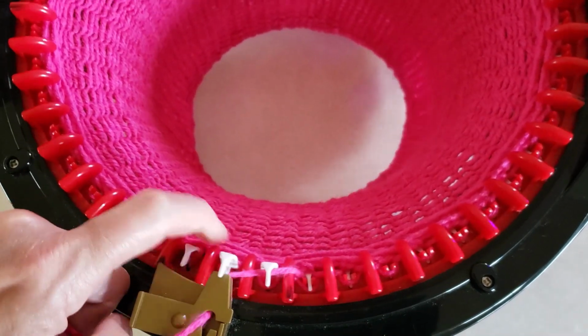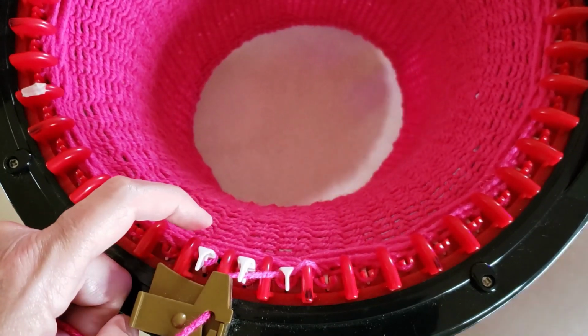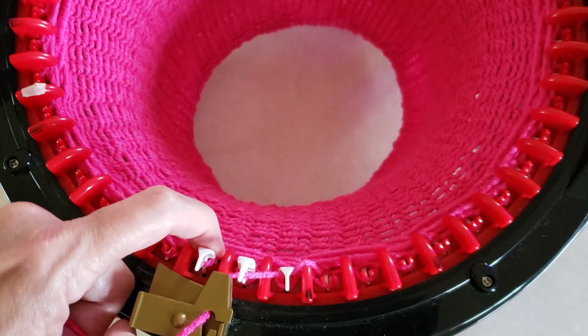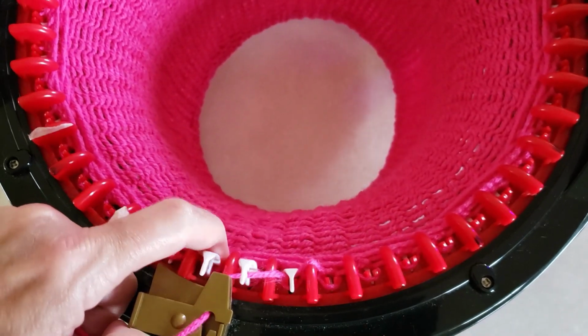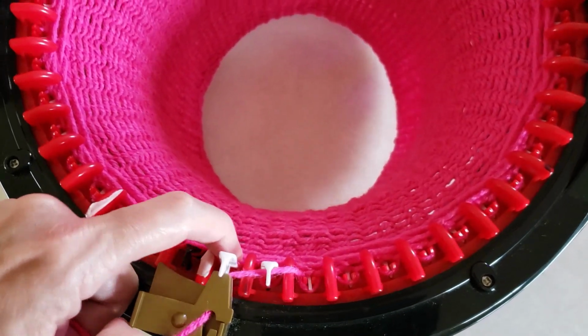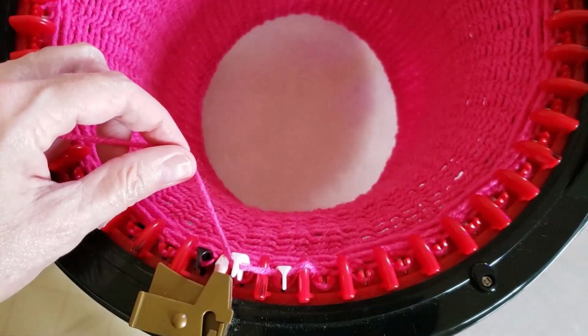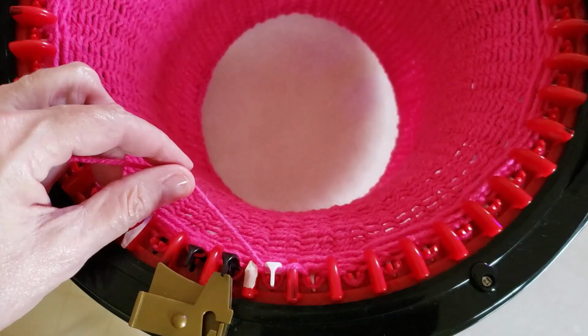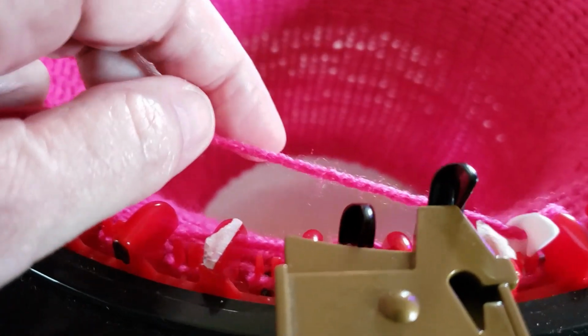So, and when you're doing your wrapping, for this one, you always wrap needle 1 with 2 and 2 with 3, which is different from what my normal wrap stitches are. So hang on a sec here and I will change the camera angle. Okay, so I'm going to try not to bump this, but no guarantees. So let's see here, you wrap 1 and 2 together,